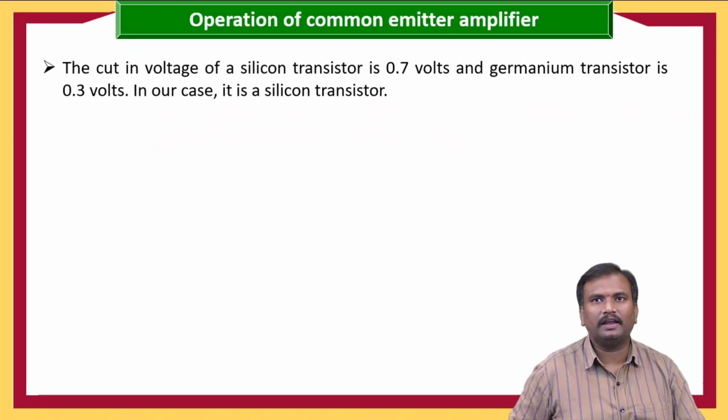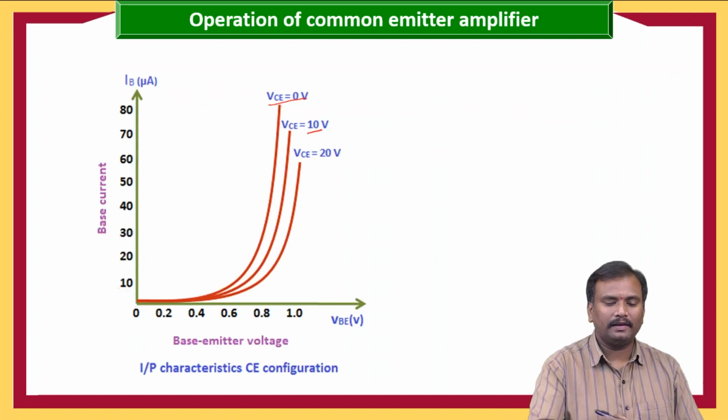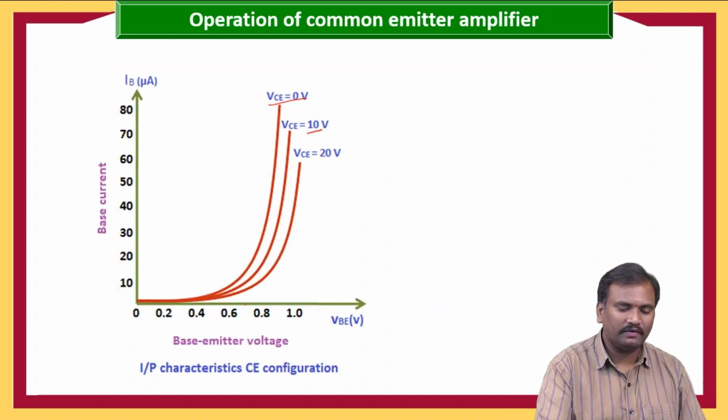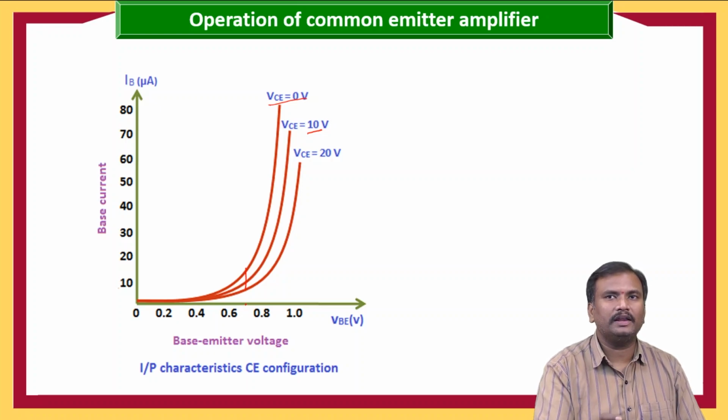You can see clearly in the characteristics. Here this is the 0.7 point. All the values are highly increasing. Up to this, a small increase in the current, but after this point a huge increment in the current value. Within a short change in voltage, the current value is increased